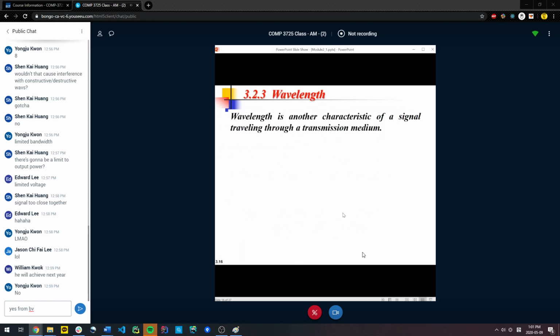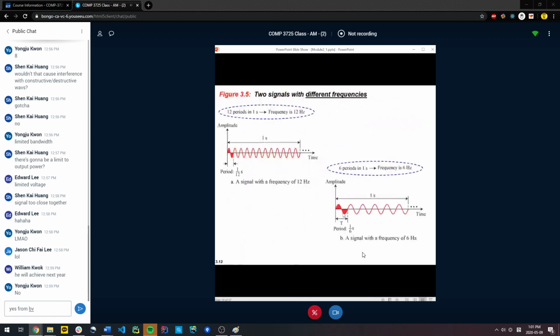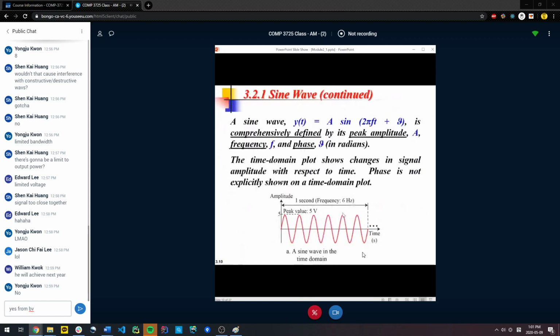Okay? So for next week's quiz, very simple. You should be able to draw a sine wave from a mathematical expression, or to give a diagram of a sine wave and then re-express that mathematically. Is that clear? So essentially, I need you to be able to extract the values of A, F, or phase, either from a math equation into a diagram or from a diagram back to a math equation. Is that clear?